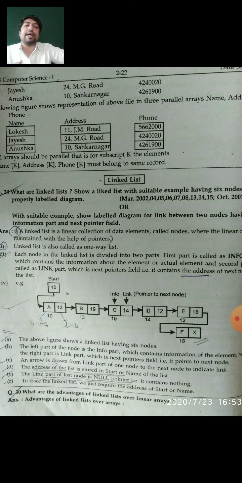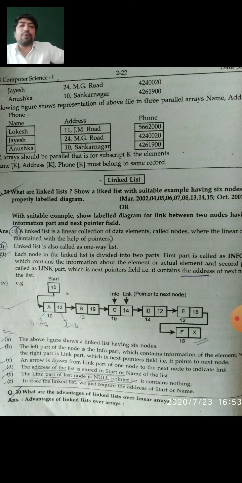You can see the addresses of the different nodes like 10, 13, 19, 14, 12 and 15. The address of each node is mentioned below the node, and you can see the node is represented with a rectangular type of box